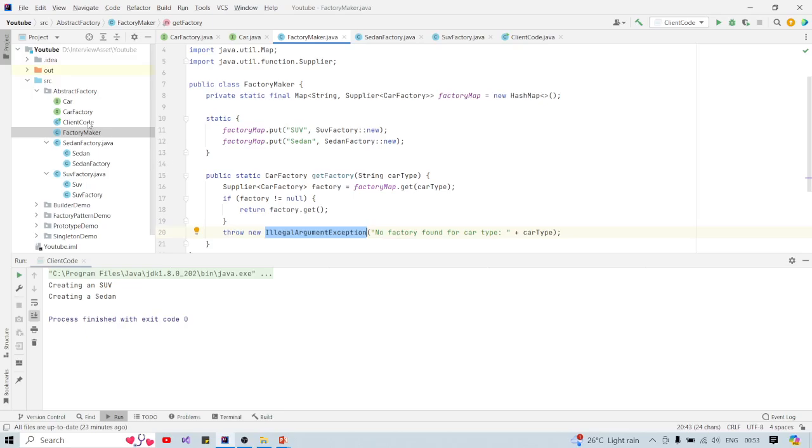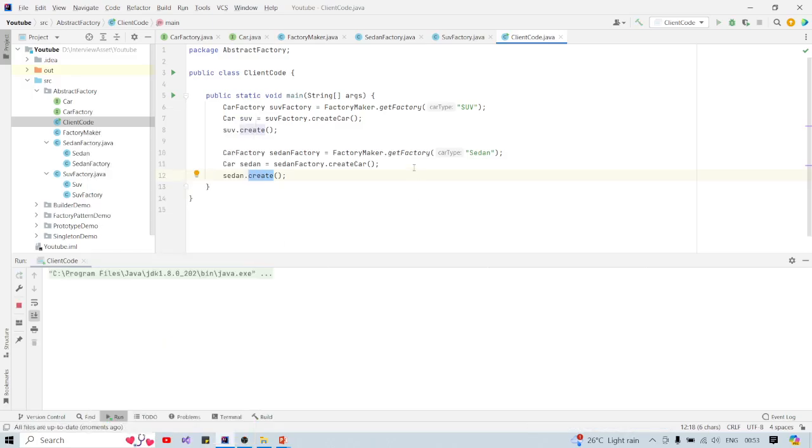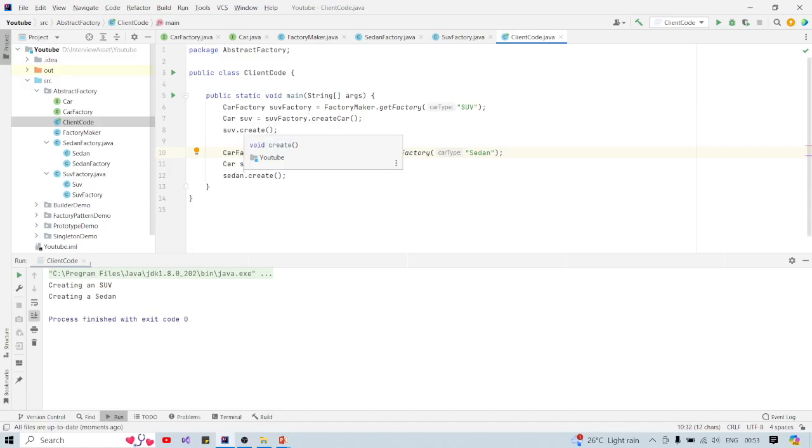And finally, we have this client code. So what happens is that whenever this client code is invoked, we retrieve the SUV factory first. For example, in this step, we are retrieving an SUV factory here. And then through that factory, we create the car like this. And the same process is repeated for sedan. And when this structure works, we'll be able to see that in the first step, we are creating an SUV. And in the second step, we are creating a sedan. So this is the way in which the abstract factory pattern works.